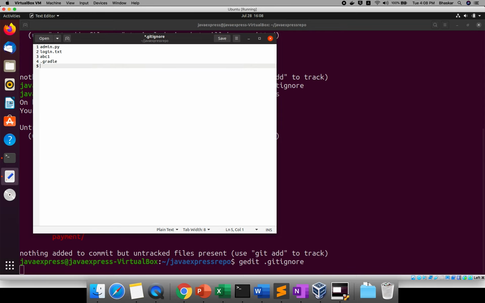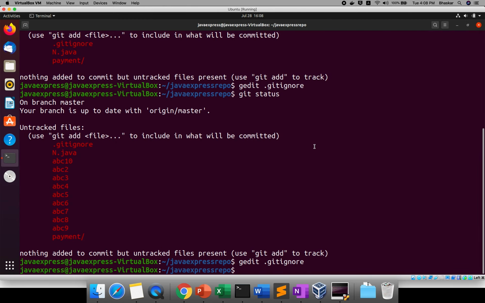Similarly, you can add .gradle, the build directory, or the target directory. I don't want to commit these types of files. These are the real-time cases. If you go and check in your project, definitely these types will be configured. If any log files are generated, or .class files and IDE files, it is specific to the different IDE you are using. If you use IntelliJ, it will generate this folder, and I don't want it, so you can ignore all those files in git.